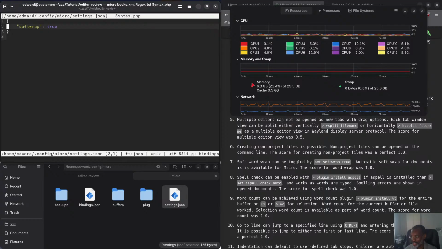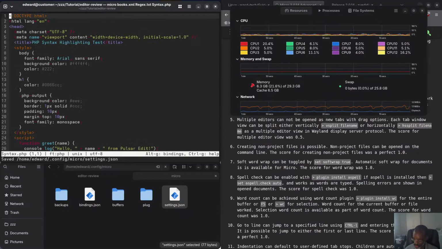You see, it took away my setting. Remember when I put the spell check, it took it away. I don't know what's wrong with this guy. Oops, wrong one. Shift Control V. Yeah, there we go. Alright, so to save this, Control S, so it's saved. And then, oops, and just Control Q to quit,